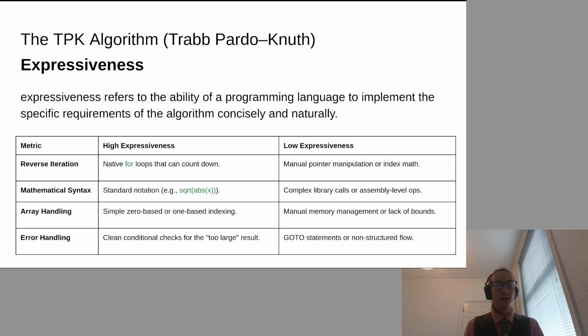I should be able to find the same definitions almost anywhere when I'm following or re-implementing a formula from the internet or from a textbook. So I should just be able to call these. A low expressive thing would be some form of complex math call to an API or to some low-level system using assembly, or having to implement it myself, where I can't just say SQRT and call in a square root function. I'd have to do some form of power to 0.5 to do that, or some other complex system